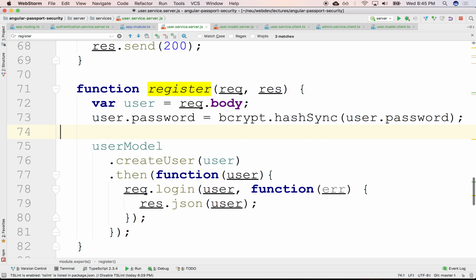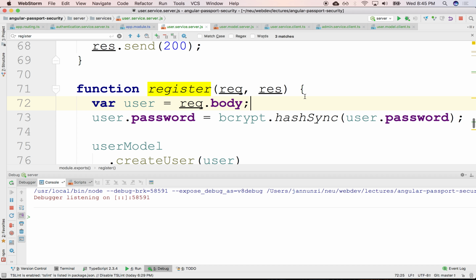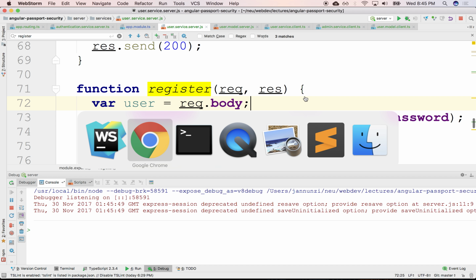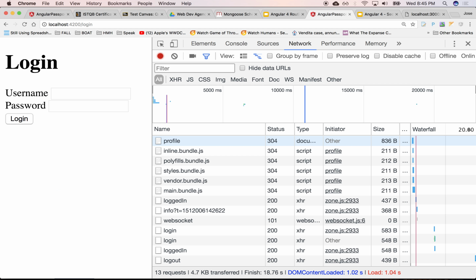So what we're going to do is that in the registration, on our register, we have our password, and we're going to change the password. We're going to use bcrypt to hash it, and we're going to reset it and then store it. Right? So let's try that. So let's refresh. Let's restart the server, here let's go to our register,